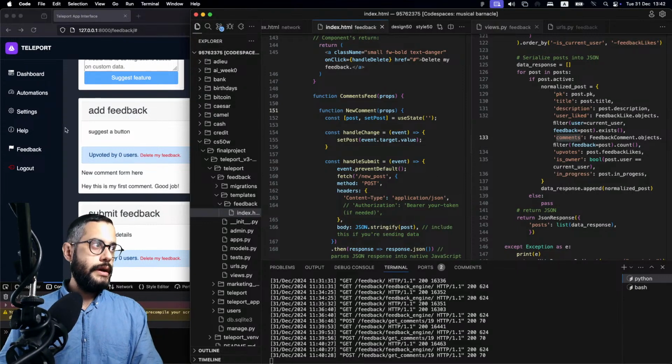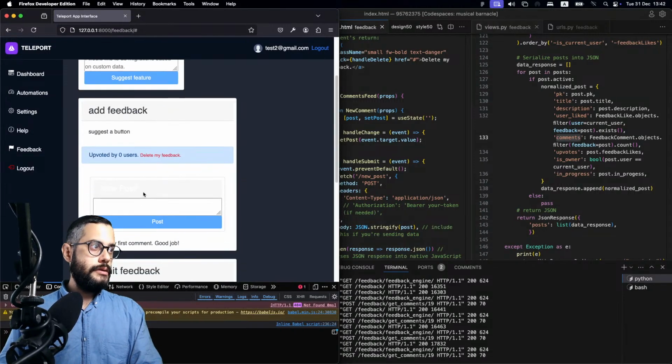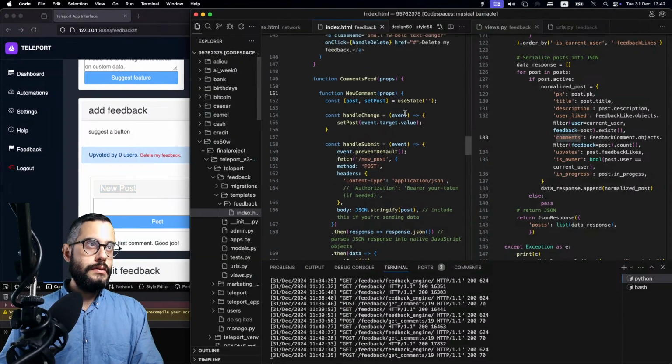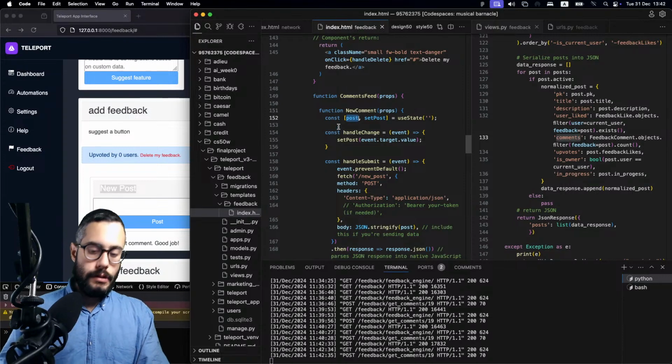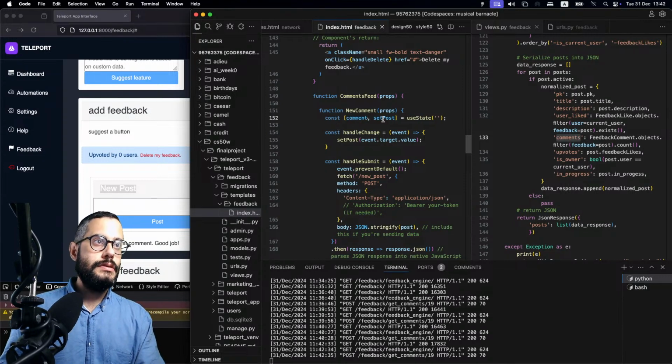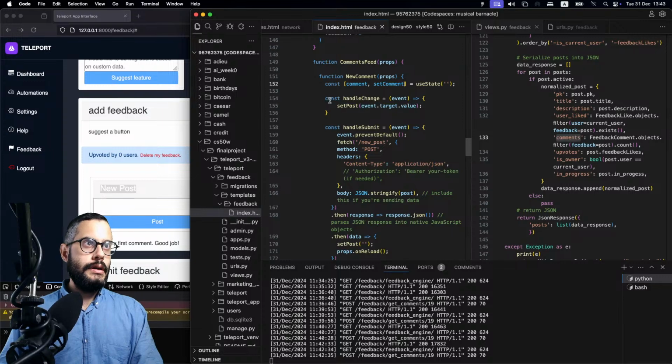And I guess we could reload here for a second and see that it is here. We could see it right there. That's good. We'll call this post, set post. We'll leave all this the same. I guess comment and set comment. We have our useState. That's good. And then handle change event, set comment to